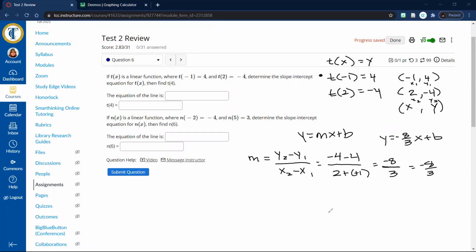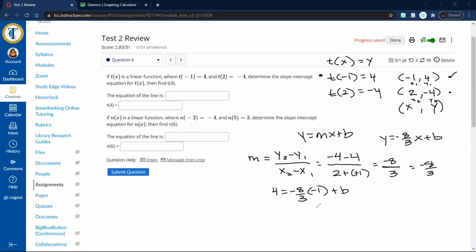What can we do from here? Plug our points in. You've got to pick an x and a y. Yeah. So from here, if we want to solve for b, we can plug any one of these 2 points in. Your choice. I'm going to go with the first one. So if it's y equals mx plus b, it's going to be 4 equals our m, which is -8/3, our x is -1,